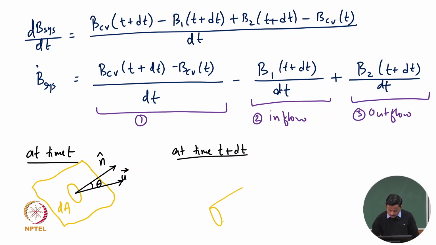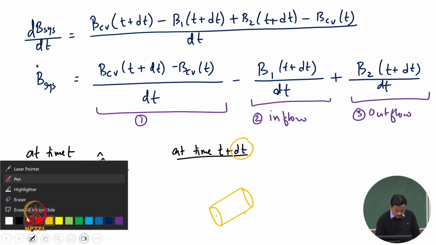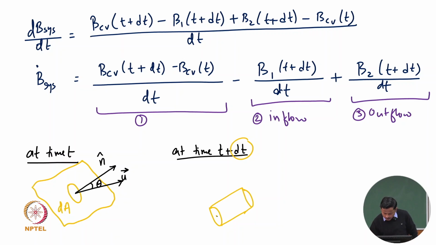The flow has... so the velocity vector has moved, I mean, the system has moved because there is a velocity associated with the system, and it has moved a certain distance, and at this time t, in this short time dt, it has traversed a very small, infinitesimal cylinder,